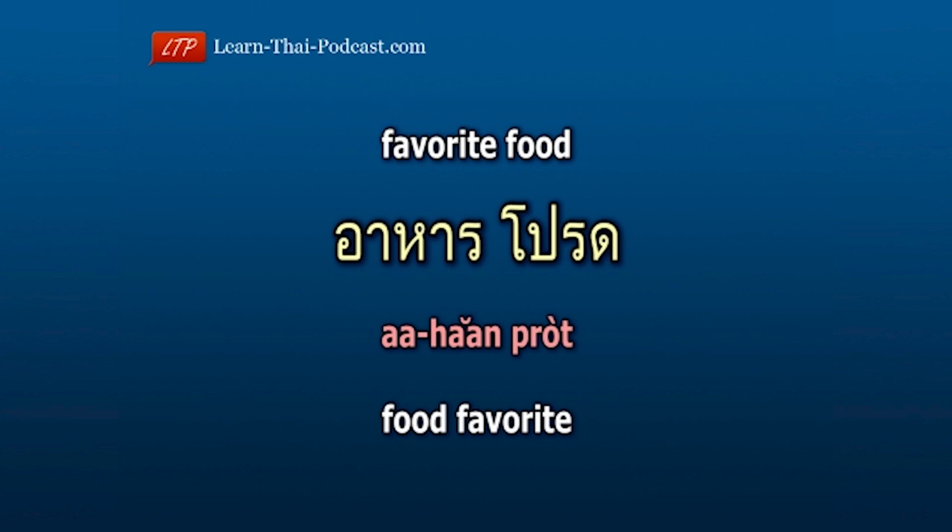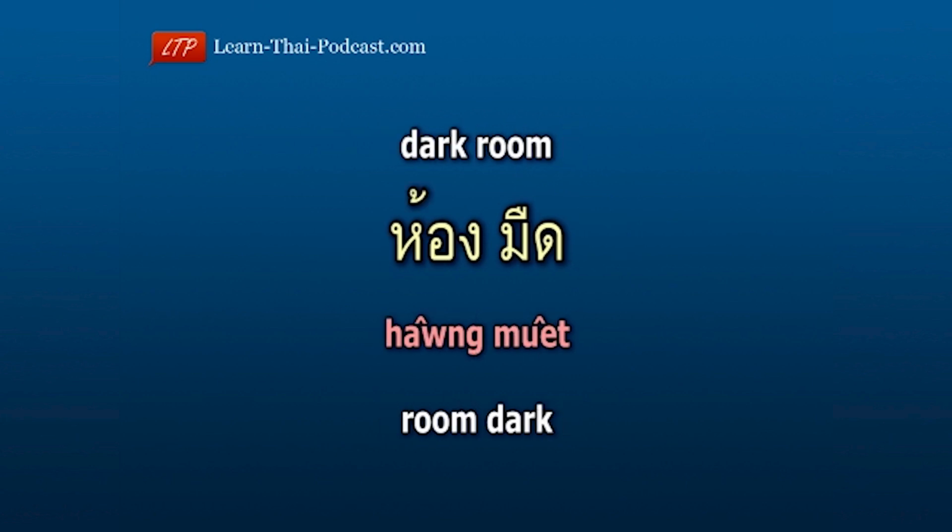Food, อาหาร favorite. โปรด Food favorite. อาหารโปรด Or another example, dark room. ห้องมืด Room, ห้อง dark. มืด Room dark. ห้องมืด